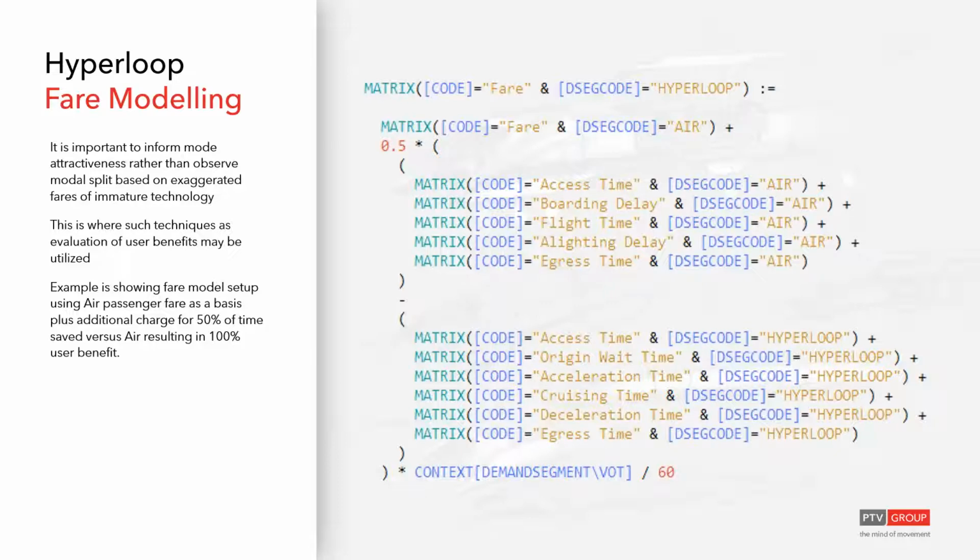If we try to convert it into a simple example with numbers, we can say that if a person is going to save 1 hour of time because of taking a Hyperloop trip instead of a flight, then the fare of Hyperloop will be an airfare plus a charge of 30 minutes multiplied by the value of time of that particular person group. This allows to produce a fare matrix